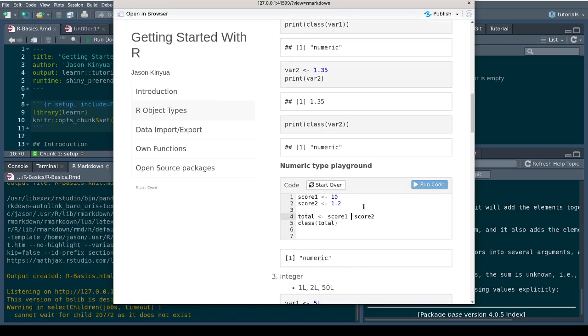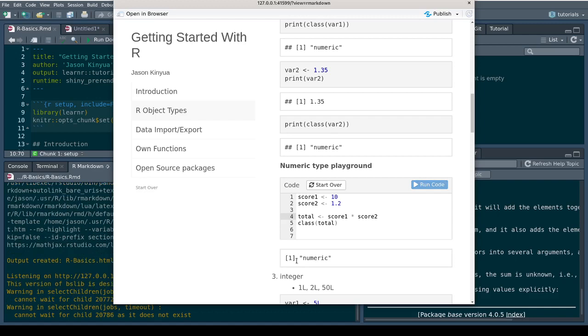Assume it was times, or divided by, same thing, numeric. It's not because of this decimal point, because we could also have a 5 there, so both are integers, but the type will remain numeric because these are numeric values. And by default, when you assign an object without specifying the type, it will come as a numeric.